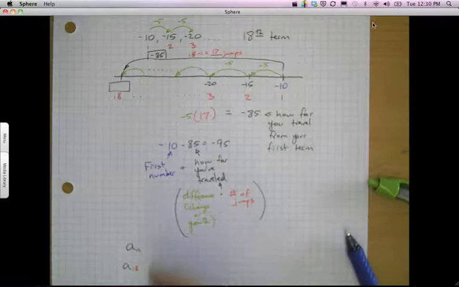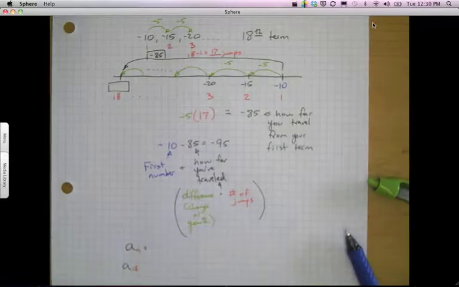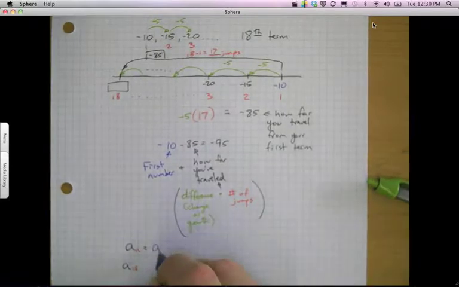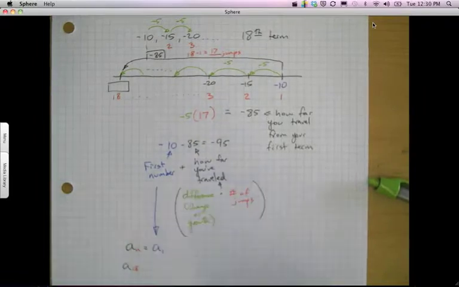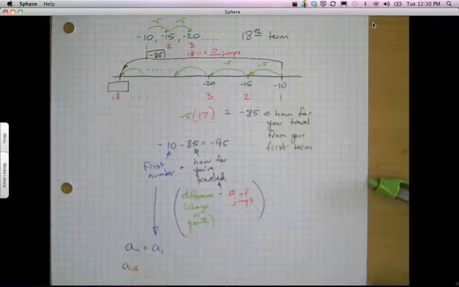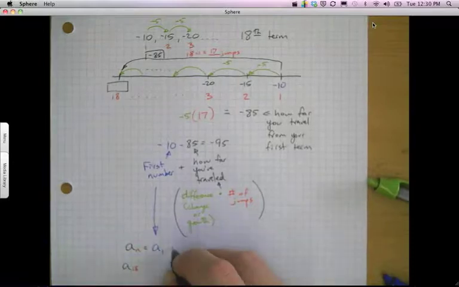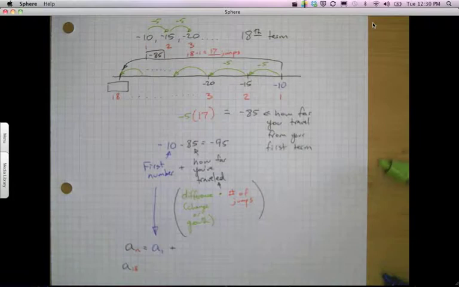And my first number, I'm going to call A sub 1, because that is my first number, wherever that is. And to that, I'm going to add my difference,